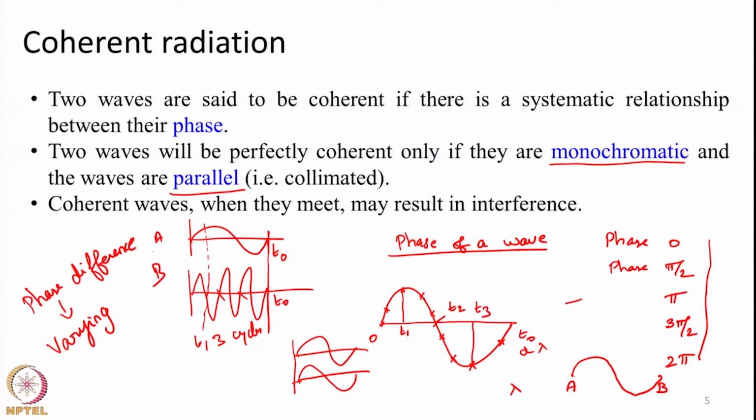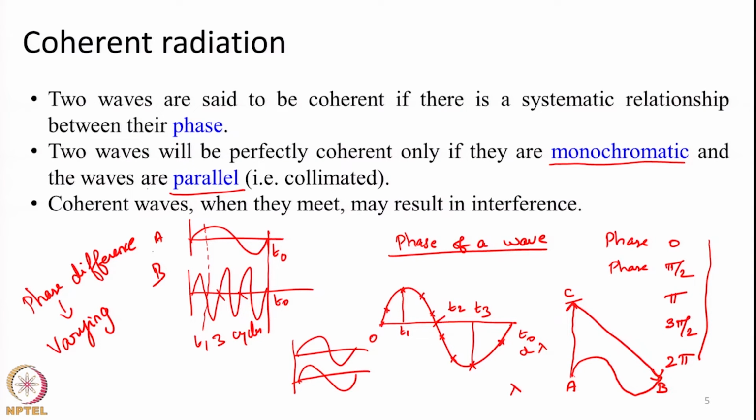Another wave is travelling in a different direction; there is a mirror kept here at point C. This wave first travels towards C, gets reflected at C and then reaches A, let us assume. So, even though the net displacement of the wave is from A to B, because of the difference in length travelled and the difference in the time taken to reach from A to B, these two waves, even if they were